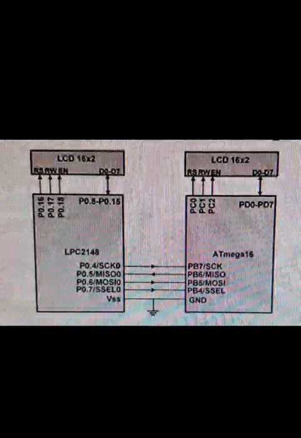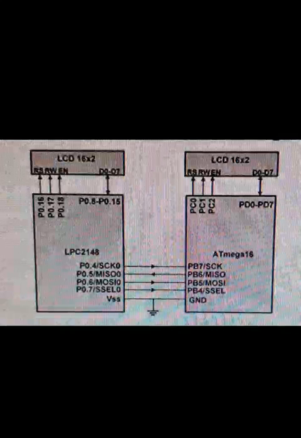Second is the SPI0 master read mode. Third is the SPI slave write mode. The fourth step is the SPI slave read mode. That means waiting for the SPIF bit to become 1 until the reception of the data is complete, and then reading the data from the data register. This is the received data.